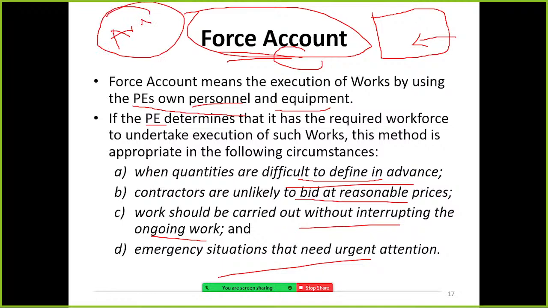They normally do their own work, such as the construction of buildings, cleaning the environment, cleaning the road, and clearing the traffic. These are not their normal routine work, but due to the emergency or some difficulties, they are forced to do so. This is called force account.